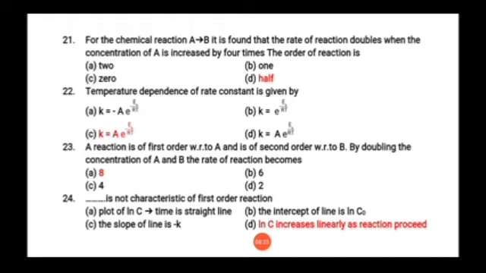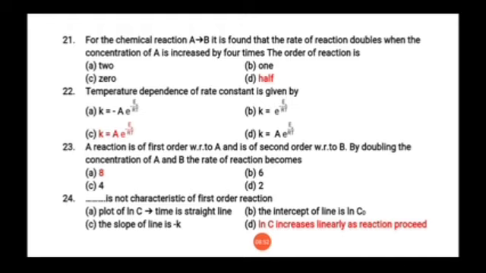So students, temperature dependence means we know that as temperature increases, rate of reaction increases, because in Arrhenius equation temperature is in exponential power. So of course, it is the Arrhenius equation. So correct form of Arrhenius equation is given by option number C. So the correct option is option number C, that is K is equal to A into e raised to minus EA upon RT. That is our right answer.